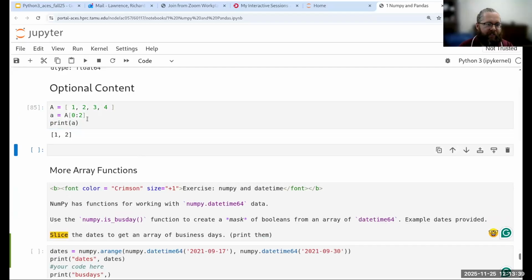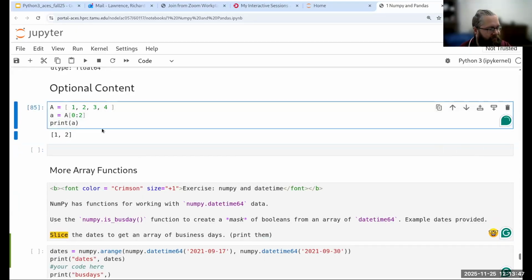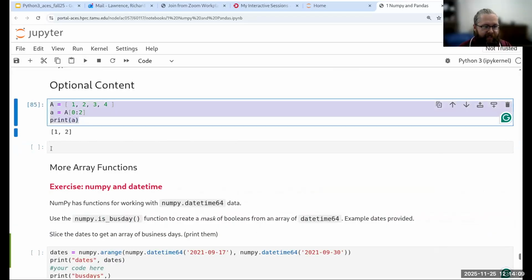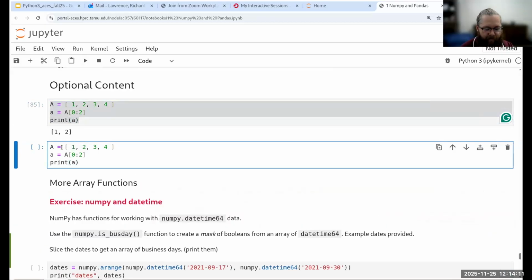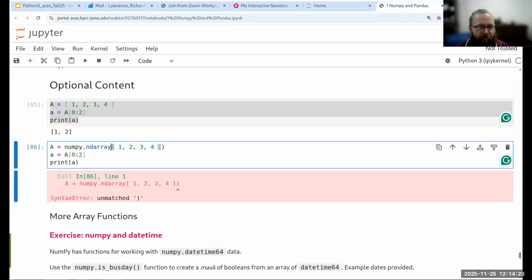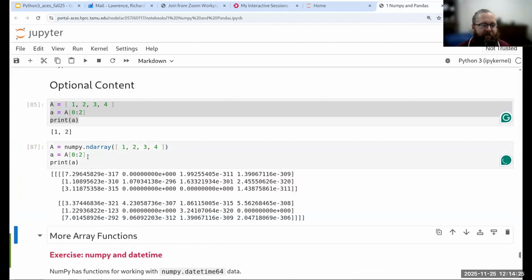So hopefully you've all seen this before. This is just normal list index slice behavior, right? 1, 2, 3, 4. Now, NumPy arrays can also do this. So if we take the same concept, but we make it a numpy ndarray instead of a regular list, and also we remember to put the parentheses in, then it